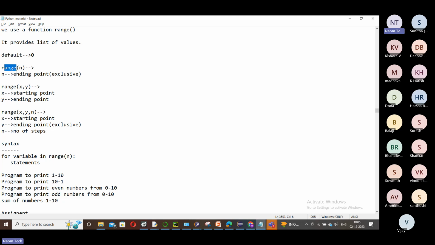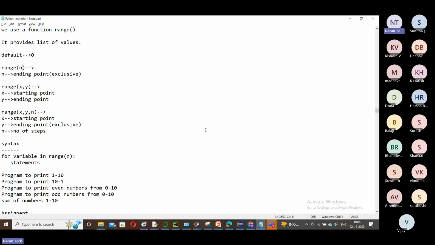Assume that this is form one. This one always starts with 0 by default and ends with n minus 1. If n is 100, it ends with 99, and you don't have any other control here. When you say 100, it gives 100 values, starting from 0 and ending with 99. If you say 10, it gives 10 values, starting with 0 and ending with 9. When you talk about n, n is exclusive. Exclusive means it's not included, it's excluded.